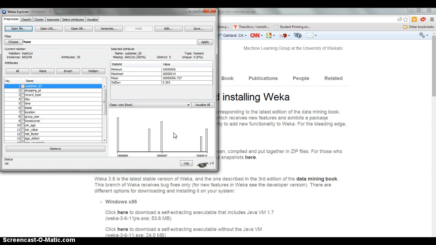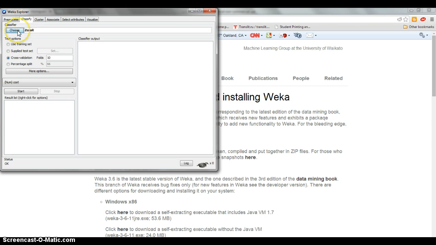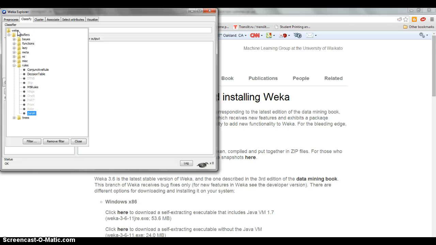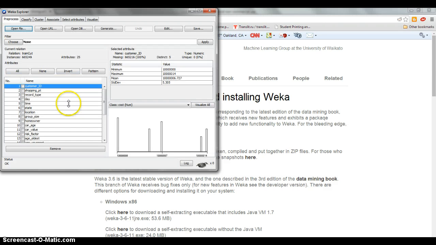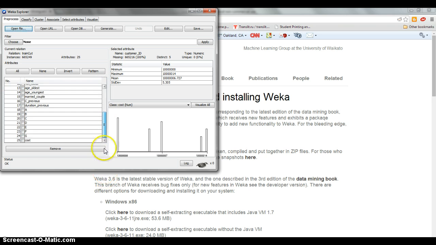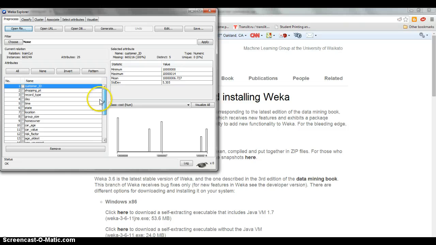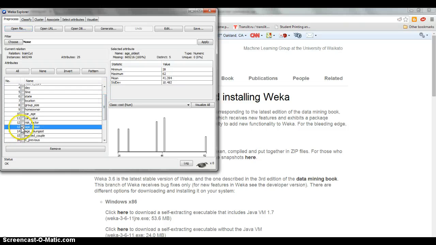After it's loaded, you can go up here to classify. To do a decision tree, we want to go down here, click on this trees folder, and go to J48, which is a decision tree. If we go back to this pre-process, we can choose what factors we don't want to go into our evaluation, like things that we don't think are relevant, we can remove, so it's not evaluating all of these things at once. So for example, I can take out